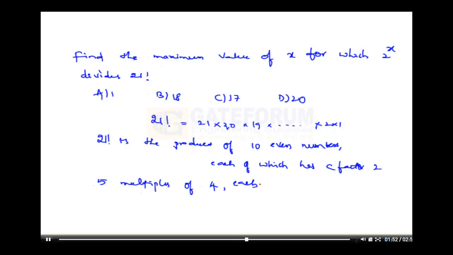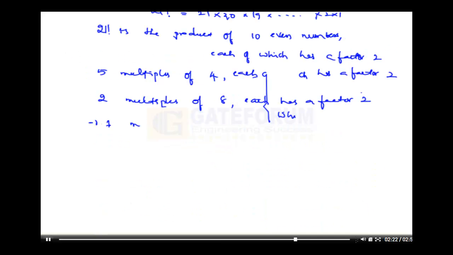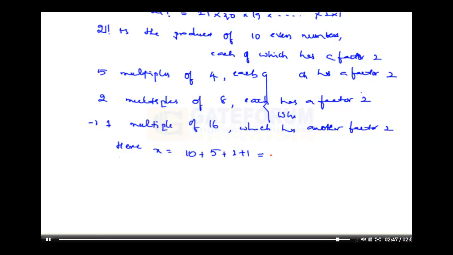Next, if you again multiply two numbers, we will get 5 multiples of 4 and each of which has a factor 2. And again after multiplication we will get 2 multiples of 8 and each of which has a factor 2 here. And at last we will get 1 multiple of 16, which has another factor of 2. Therefore we can write x is equal to, first of all we have 10 even numbers, that is 10 multiples, and 5 multiples, 2 multiples and 1 multiple. Totally we are going to get 18 multiples here and the option B is the